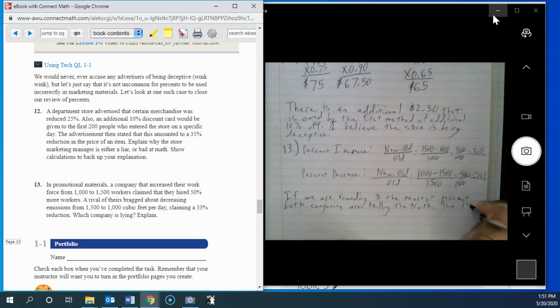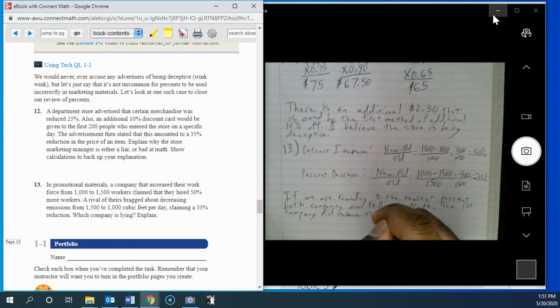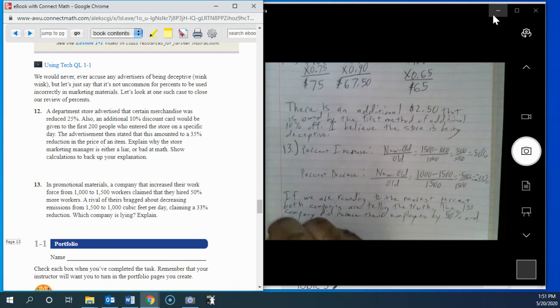The first company did increase their employees by 50%. And the second company reduced their employees